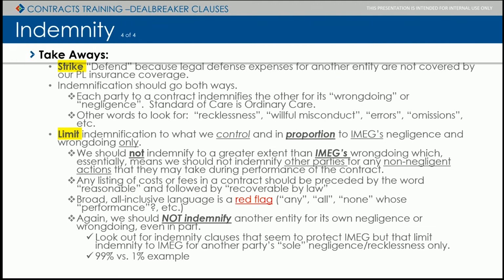And finally, again, ad nauseum, we don't want to indemnify another entity for its own negligence or wrongdoing. Now, the last two check marks are important because it's something that I see quite often. A lot of the clauses seem to protect us because they connect to negligence. But in getting that indemnification back,